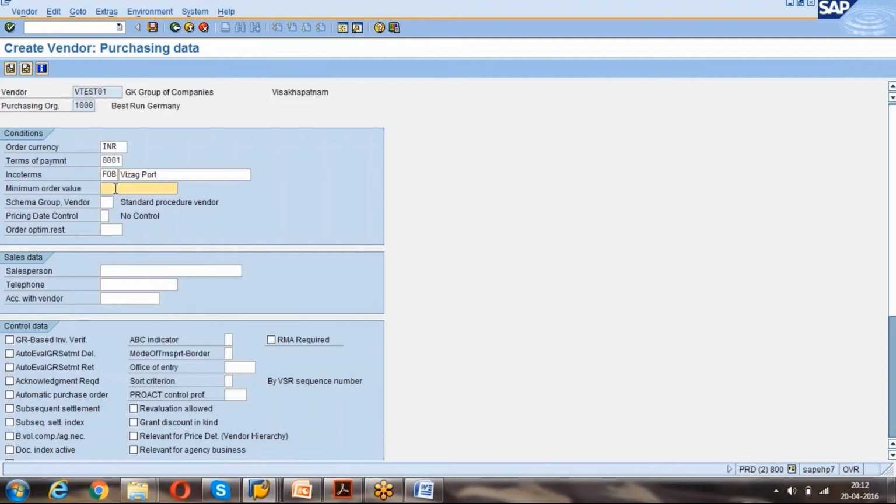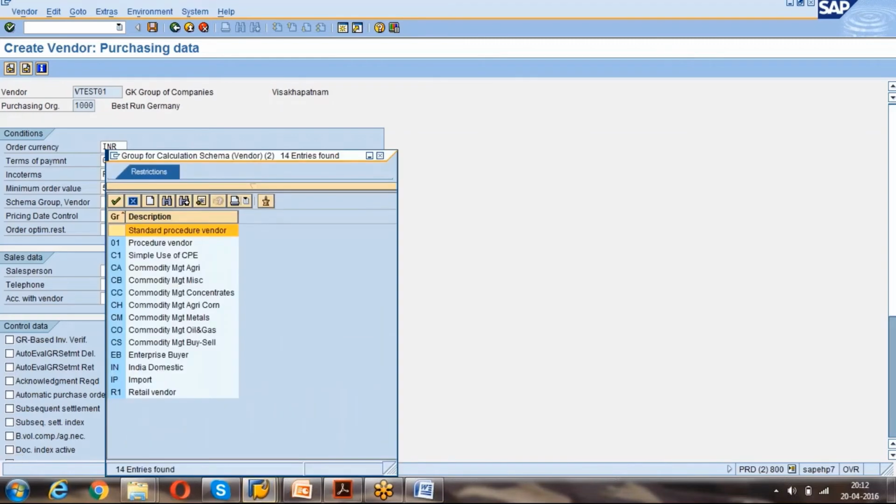And one more important thing, minimum order value. If you maintain a minimum order, like 5,000 bucks, you cannot create a PO for less than 5,000. And the most important, the schema group vendor. Here if you select, we have pricing vendor, domestic, import.